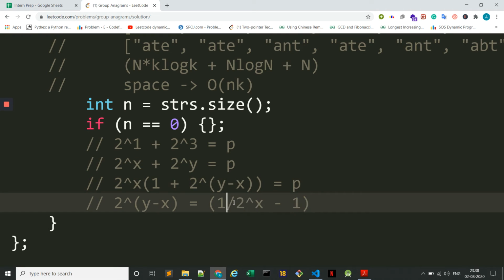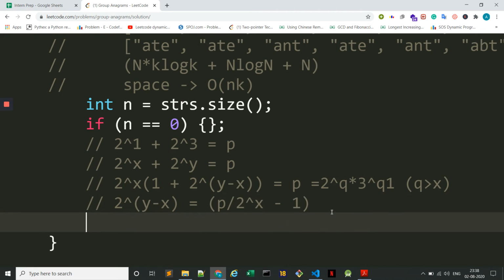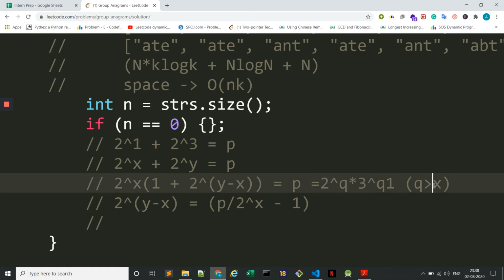10, then it might be possible that a number p has a power of 2 which is greater than x, right? So in that case, let us say that p is equal to 2 to some power q which is greater than x, and it is also a multiplication of some other numbers. Let's say it is also a multiplication of 3 to some power q1, right? So in that case, and we are taking the case when q is greater than x, this will simplify out because p has to be a multiple of 2, so the power can be greater than or equal to x,